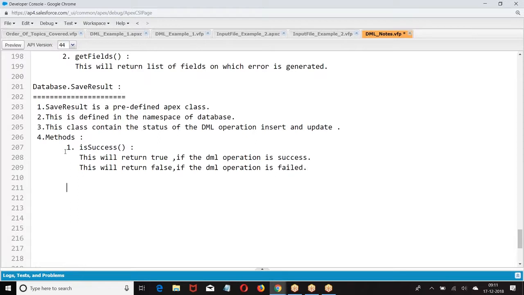Then similarly, getId. If the DML operation is successful, it will give the ID of the record on which the DML is successful. When you are making a DML, there has to be a success or a failure. If it is a success, a record is created successfully, we are going to get the ID of the record. If it is failure, it will give you an error message.